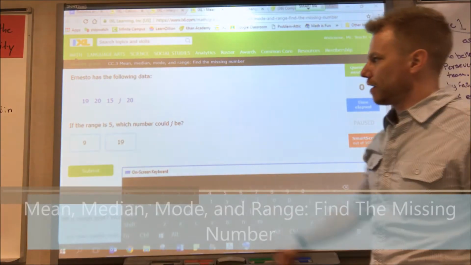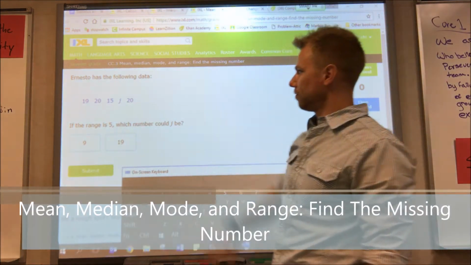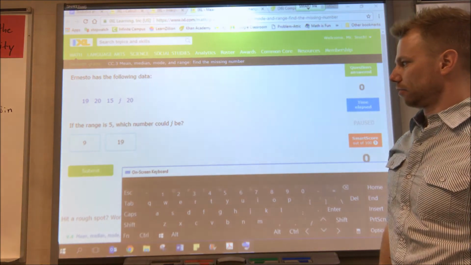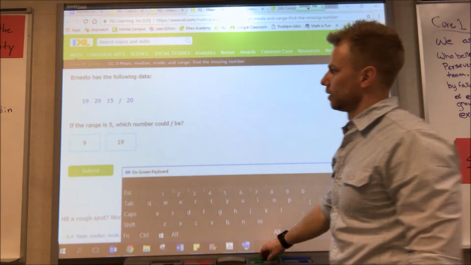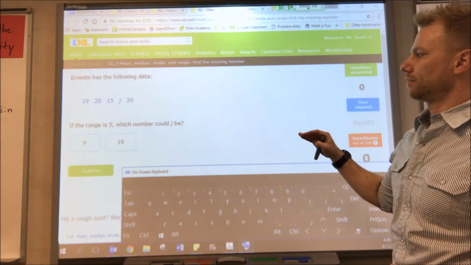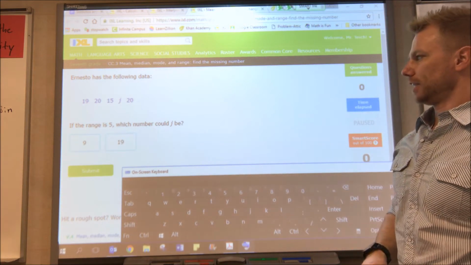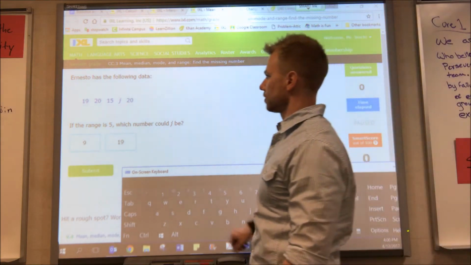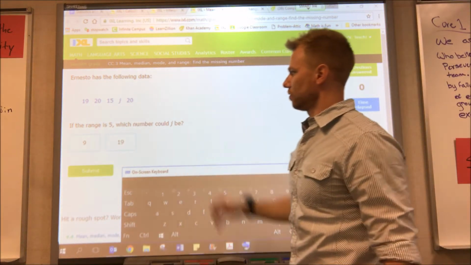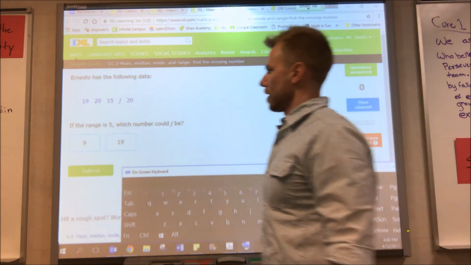All right, Ernesto has the following data. We have 19, 20, 15, J, and 20. If the range is 5, which number could be J? All right, so they're telling us the biggest minus the smallest is 5. What does J need to be then? So here the biggest is 20. The smallest is 15. That gives us a range of 5. So that means